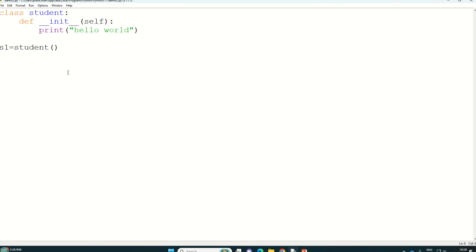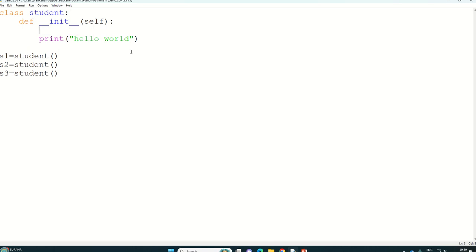And what we will do is create three objects, like this, and one more object like this. So obviously we know that it will call the constructor three times, and three times it will print hello world. But what modification we will do in this program is, as I said, you can use that self